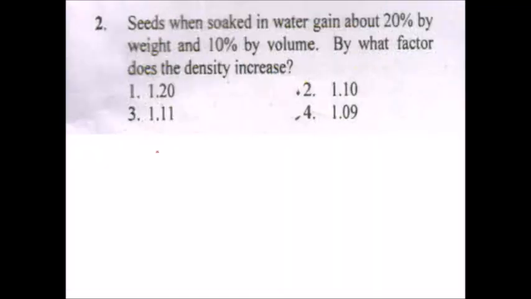Come to the next question. When the seed is soaked in water, it gains 20% by weight and 10% by volume. By what factor does the density increase? We know that density is equal to mass by volume. So the increase in density will be mass plus 20 by 100, divided by volume increased by 10 by 100. Here we have to calculate the density in fraction, how much fraction has increased. So it will be simply